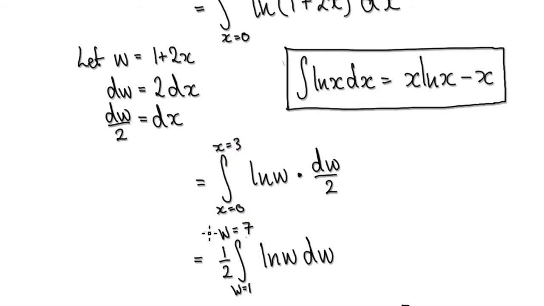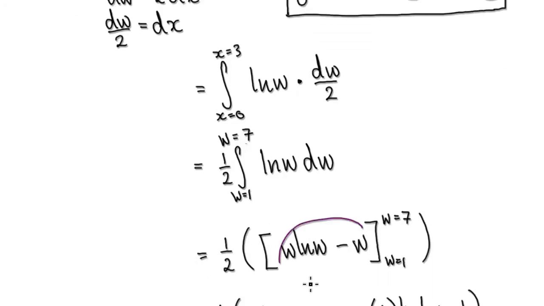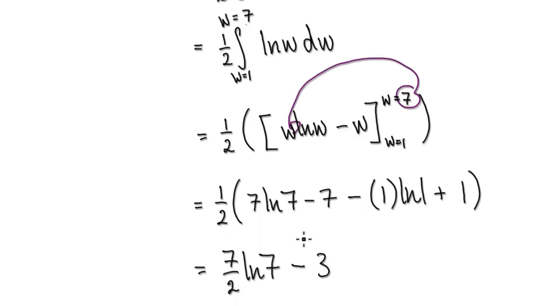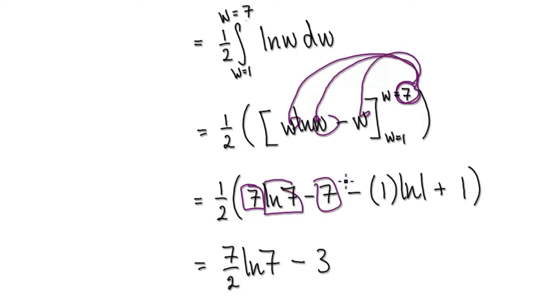So anyway, we are now here. So we can easily integrate this now. That's this thing here. So it's simply w natural log of w, take away w. So that will then give us this thing here from 1 to 7. So now we can put 7 into here. That will then give us this 7 here. Put 7 into natural log of w, which is this thing here. Put 7 into here. That will then give us this. And then you take away